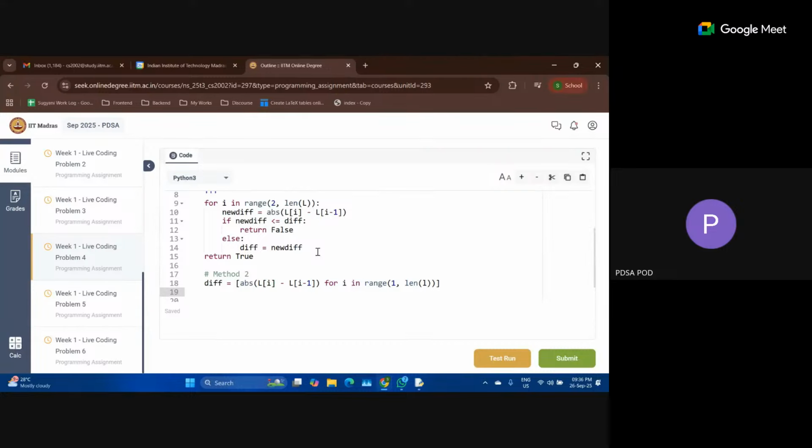So what is this difference list having? It has the difference values between the different indices: between 1 and 0, between 2 and 1, between 3 and 2, whatever the difference is. It stores all of these difference values in a list in the same order as in the original list.